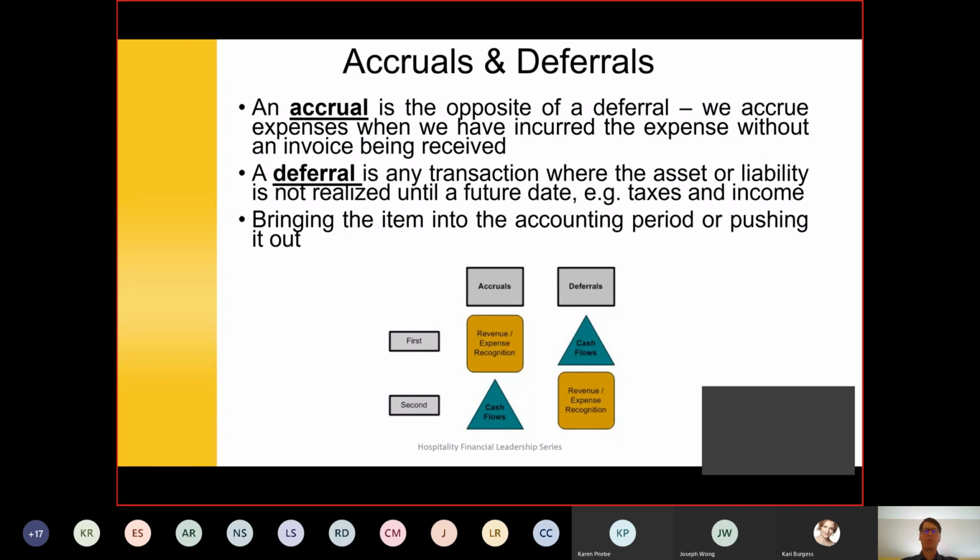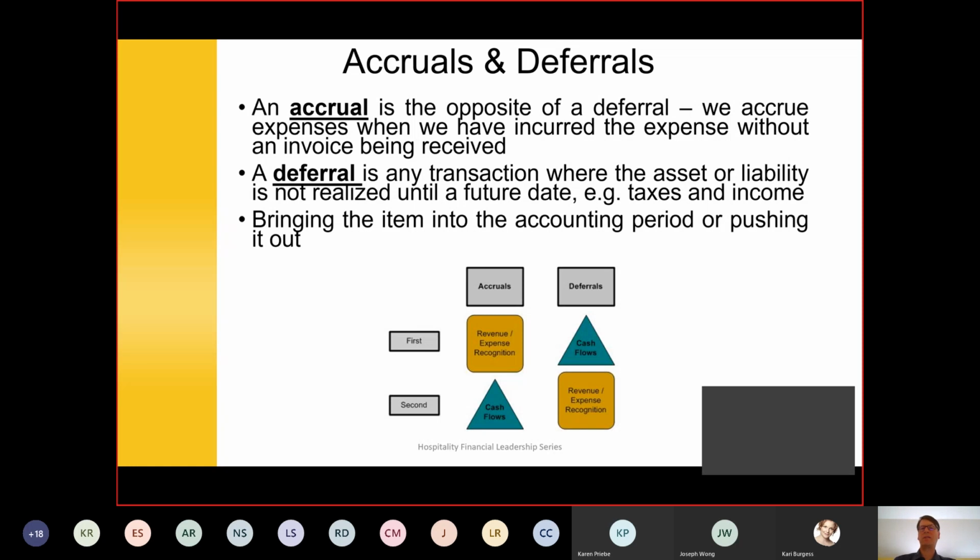So for the accrual, the first thing we want to do is recognize the revenue and expense. In this case, recognizing the expense, and we actually don't have the invoice yet. So the second thing that happens is we get the invoice and pay it. The second thing is the cash flow. With the deferral, it's different. The cash flow happens first, and then we recognize the expense. So two different things going on at the same time,